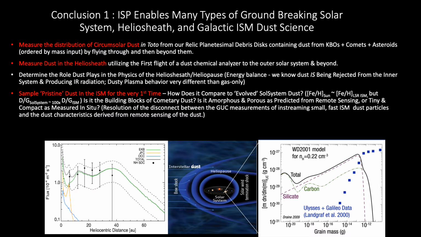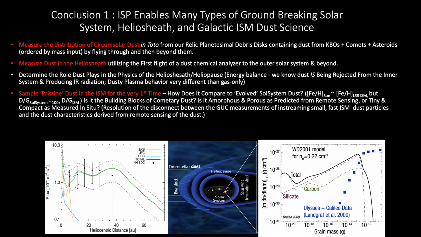ISP is going to measure the distribution of circumsolar dust in toto, moving through the dust cloud and then getting outside of it, turning around. It's going to measure dust in the heliosheath for the very first time. We make measurements that simply have never been done before when we have basically very little knowledge. And even with an order of magnitude estimate of the amount of dust in the heliosheath and heliopause, it's going to dramatically improve our understanding and our models of what's going on in the boundary layers of our